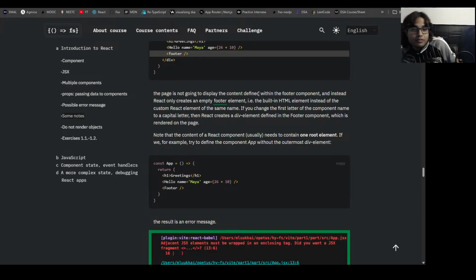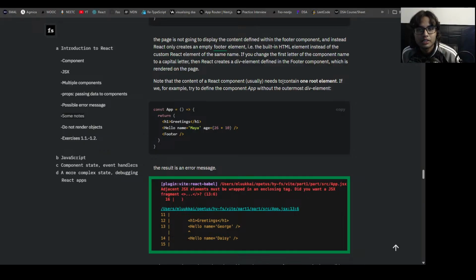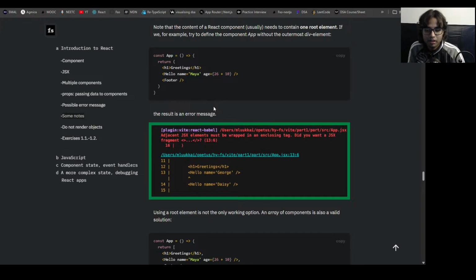Div element defining the footer component which is rendered on the page. Note that the content of a React component usually needs to contain one root element. If we, for example, try to define the component App with another element after the other outermost div element,